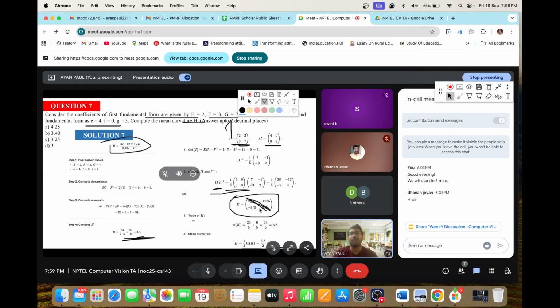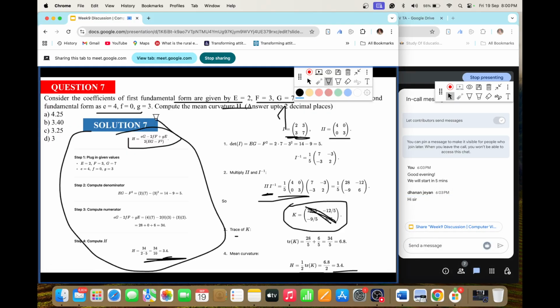Otherwise, if you form the characteristic equation, it is again the same thing. The middle term will be minus b by a, so minus b by 2a will give you the trace, and the last term, c by a, will give you the Gaussian curvature. So that way also you can do it. Either you go with the first way or the second way, anything that you like.